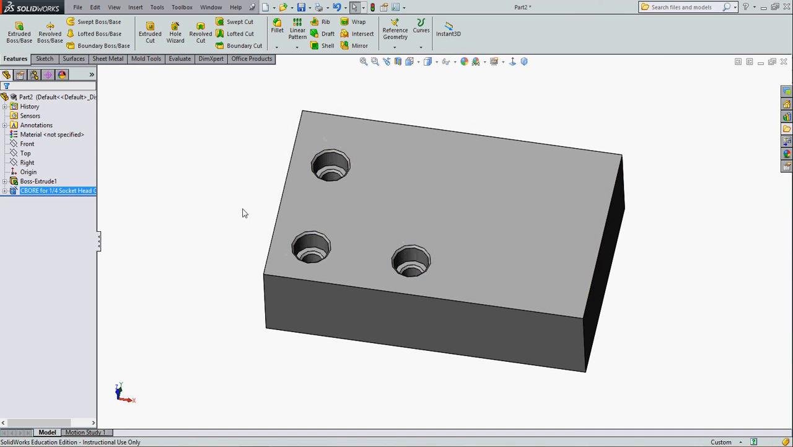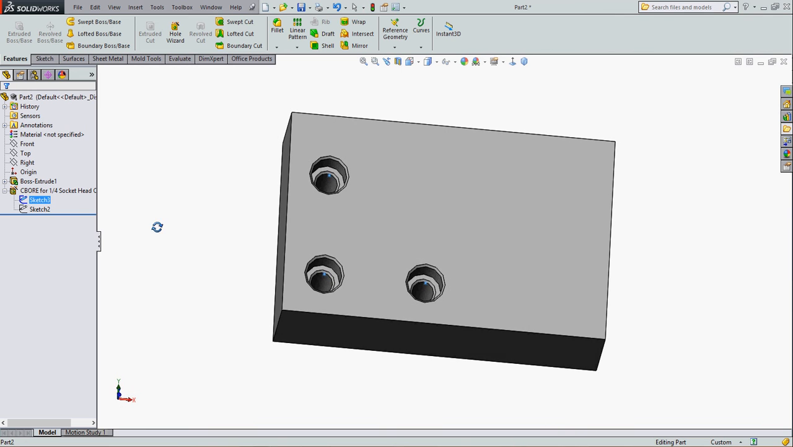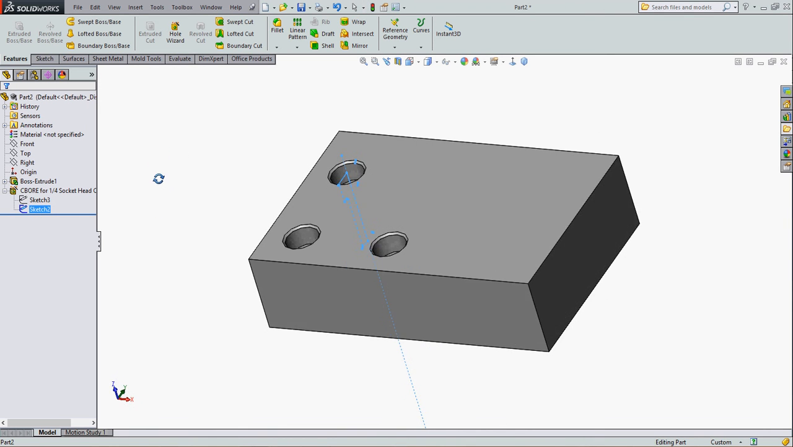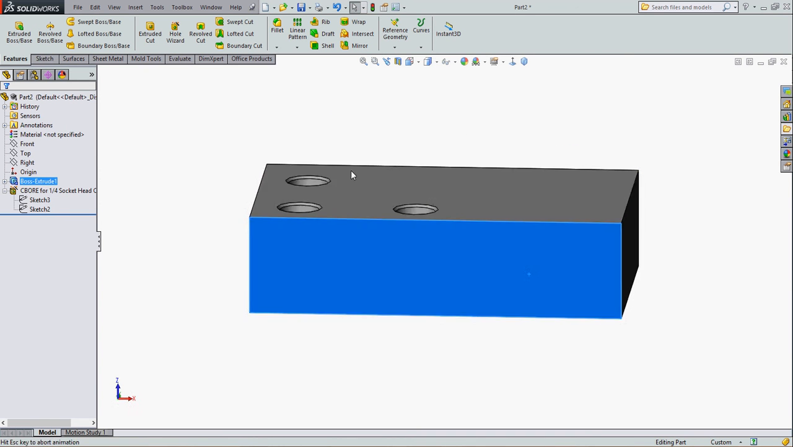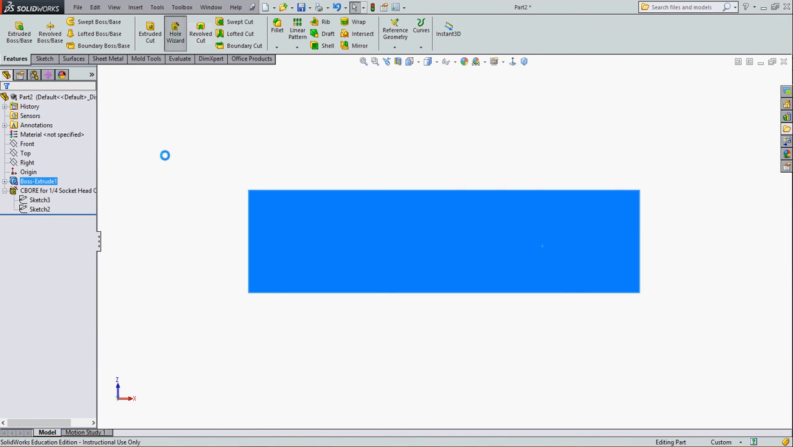Each Hole Wizard hole will have 2 sketches associated with it. The first sketch is always the position placement, and the second sketch is a revolve cut of the hole profile. So once again, to create Hole Wizard holes, I'm going to select my face, look normal to, select Hole Wizard,